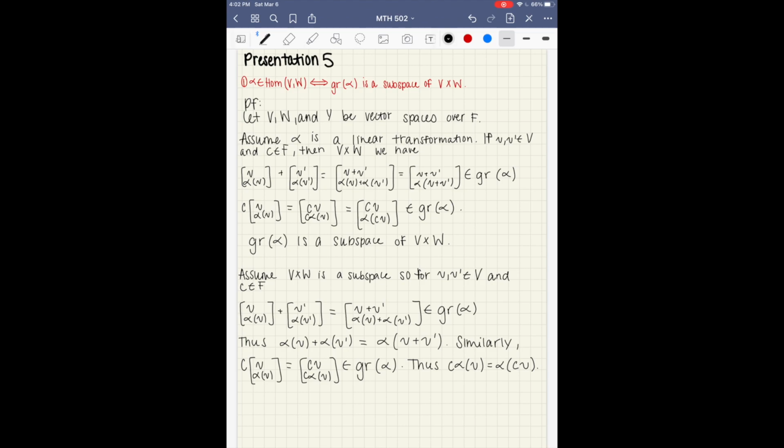So now that we've proven scalar multiplication, thus alpha is a linear transformation, which is A is an element of